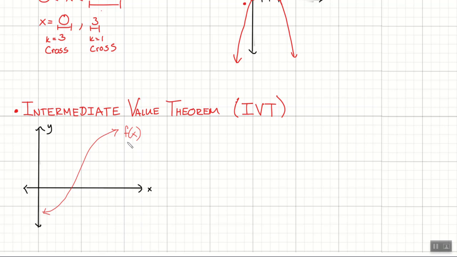Okay. I'm going to pick an interval, some range of x values that we're going to look at, and I'm going to make it a closed interval, and all that means is it's included. I'm going from x equals whatever to whatever, but I'm not even going to give us numbers. I'm going to say I want this interval to happen from A to B. There is a range of numbers right here. If I only look at A to B, it means I'm only looking at